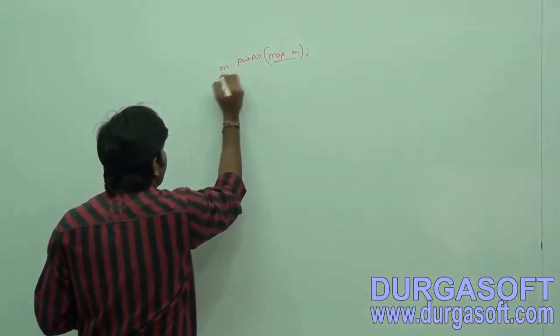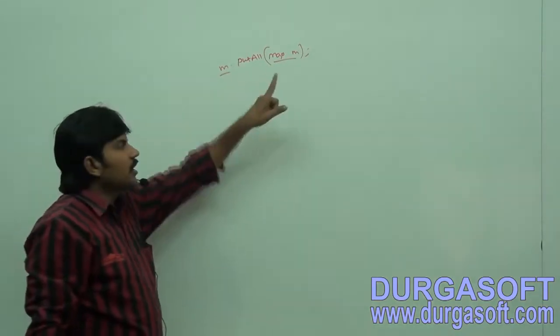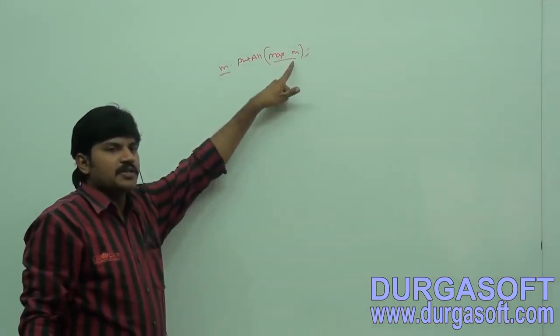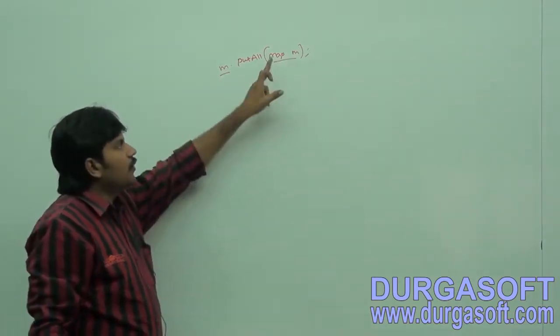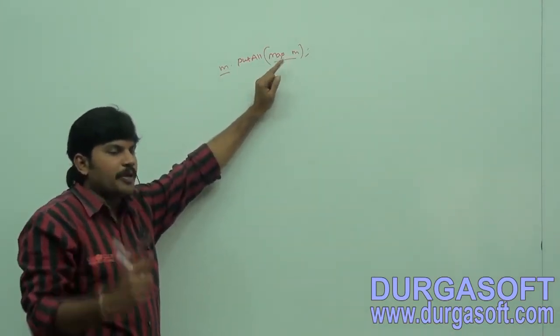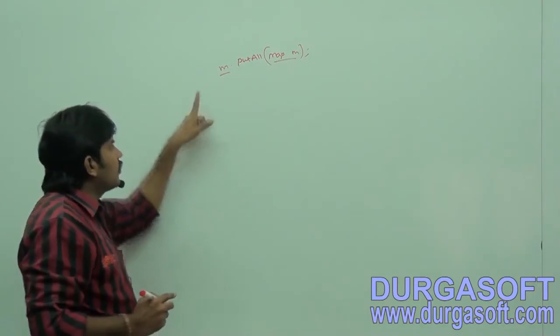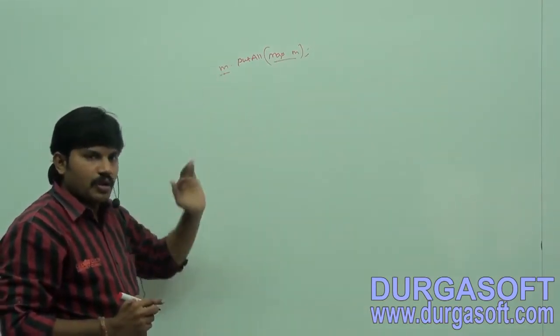And a small map, can you please merge with the big map? Are you getting? M dot put all. A group of key value pairs is nothing but small map only. So if you pass map, all key value pairs present in this map will be added to this map object. Are you getting that? Put all.